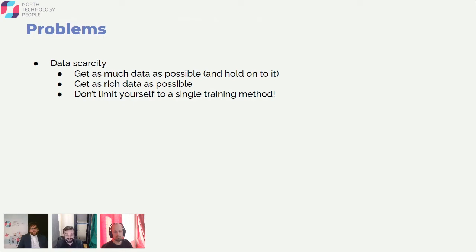And really, it's important to not limit yourself to a single training method. At the end of the day, we're trying to train a policy. Reinforcement learning is a means to that end, and it does not have to be the only contributing factor to the evolving of the policy over time. You can combine reinforcement learning algorithms, and you can combine reinforcement learning algorithms with supervised algorithms as well. We're going to see a few more examples of that later.